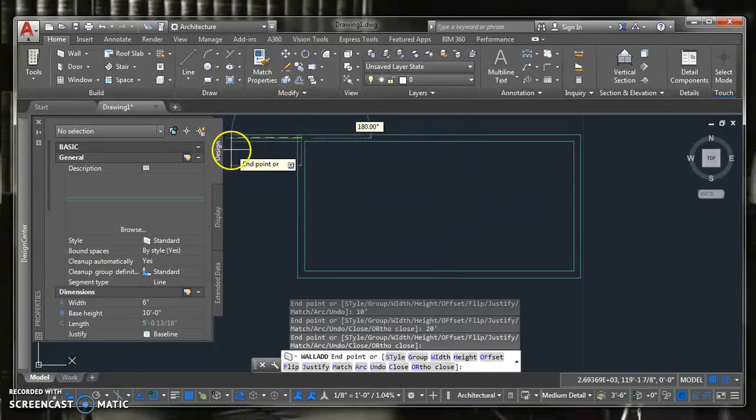Now you may say, but Mr. Kravatz, how do I get out of this wall that's still trying to be made? Very simple. If you need to get out of any of these options up here, whatever they are at the time, hit the